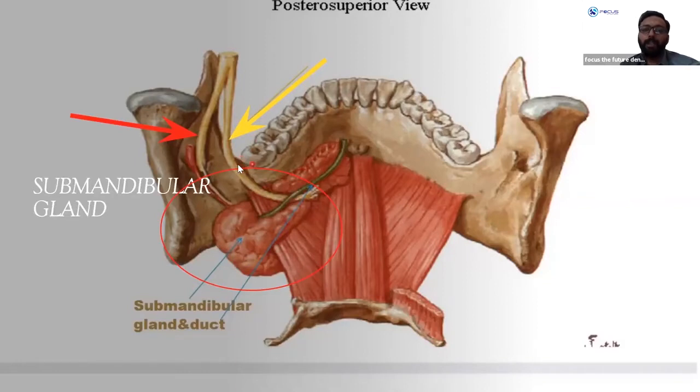It is very close to the crown of third molar, then it comes down and goes anteriorly and loops around this particular duct of submandibular gland. So it loops around the submandibular gland's duct. We call it Wharton's duct, and the nerve reaches up to the tip of tongue. Okay,